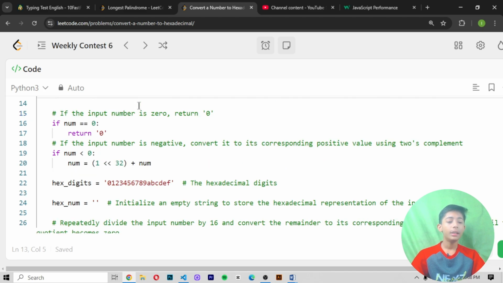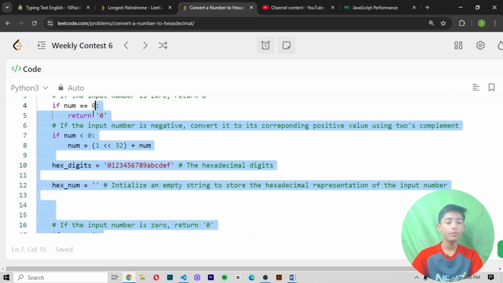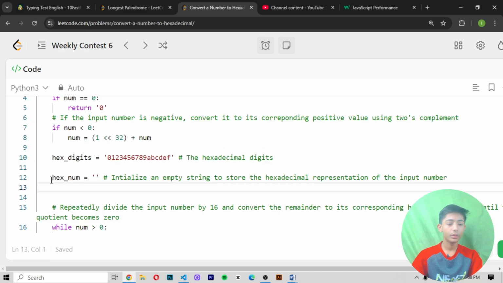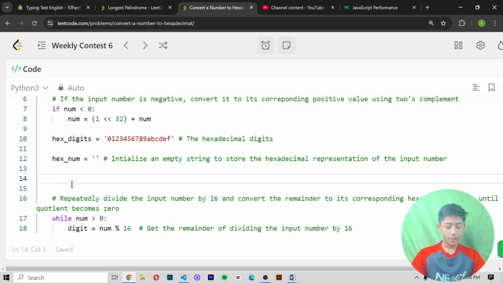So now enter one more time. In this line we define a comment. First of all, remove this. Enter.